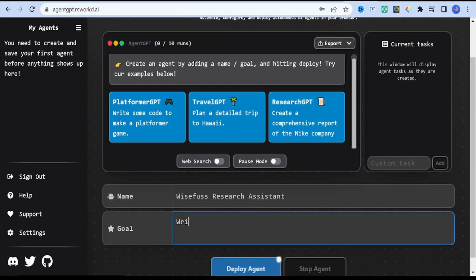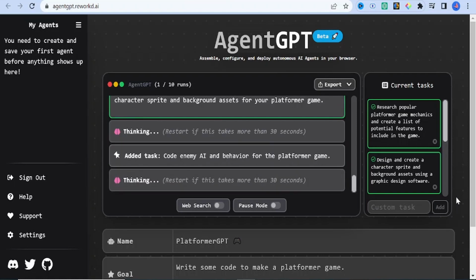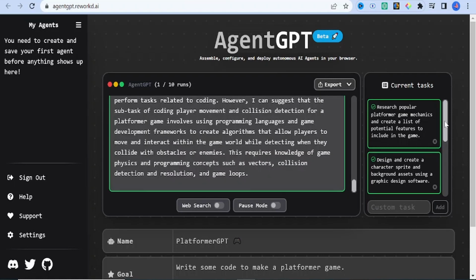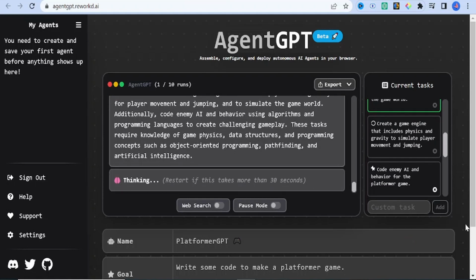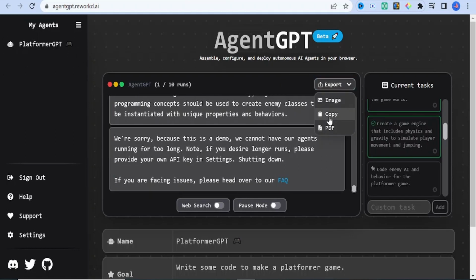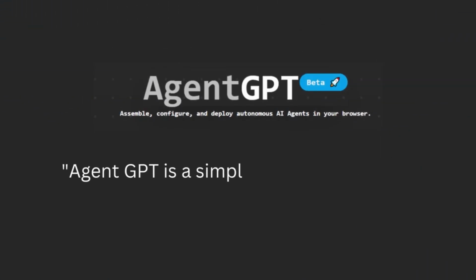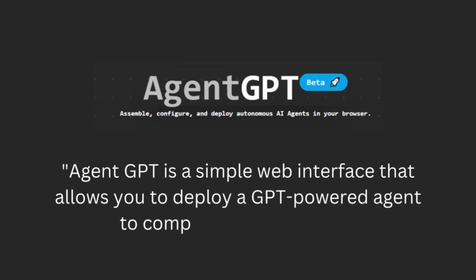You provide your goal to one instance of ChatGPT, which creates a plan to achieve it. And then another instance of ChatGPT acts as your agent to complete the plan. It is easier than you think, and I will provide you with a step by step guide that is always up to date. Agent GPT is a simple web interface that allows you to deploy a GPT-powered agent to complete